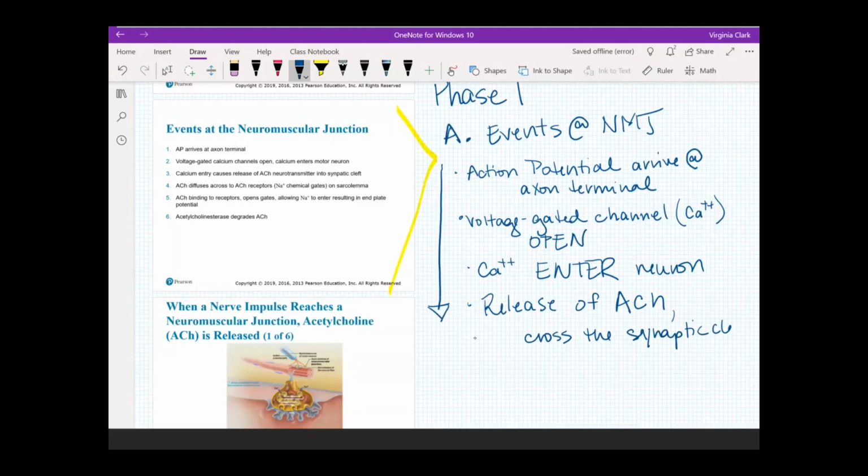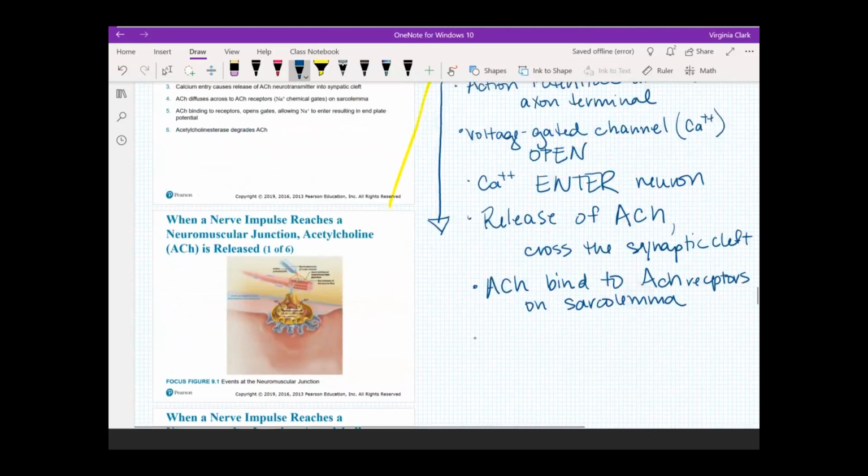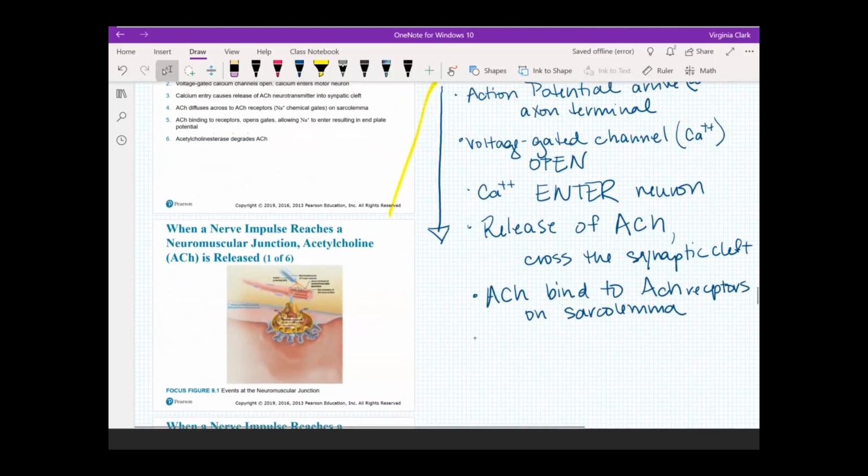And as it crosses the synaptic cleft, it is going to get to the other side and bind to ACH receptors on the sarcolemma. So all the way across the synaptic cleft on this muscle cell, we are going to bind our ACH to receptors that like ACH. That's what that means. And after our ACH binds, it will open